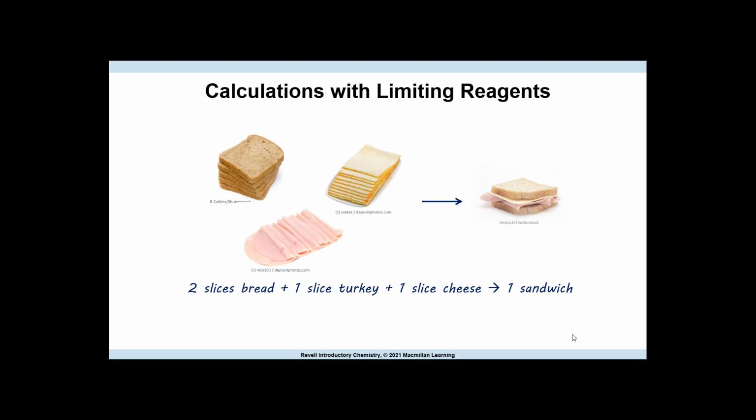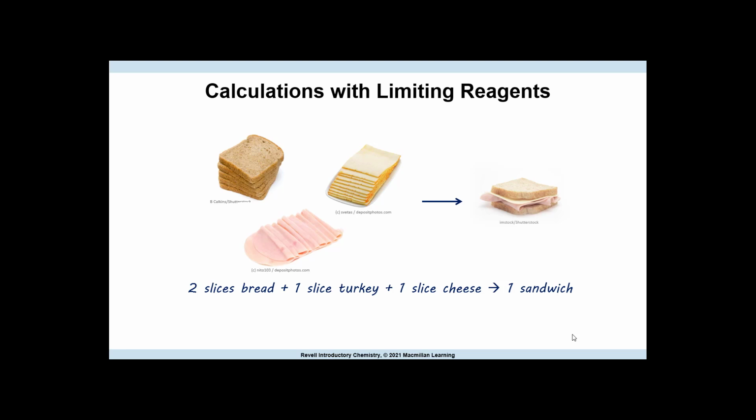In order to make a plain, dry turkey and cheese sandwich, we need 3 ingredients. We need bread, we need turkey, and we need cheese. When we combine these ingredients, you get a dry sandwich. We could write this like a chemical reaction. We have 2 slices of bread plus 1 slice of turkey plus 1 slice of cheese equals or produces 1